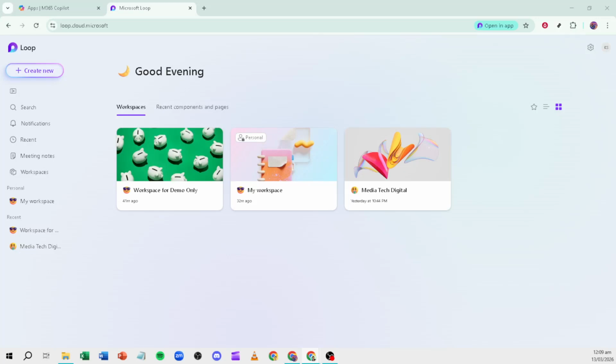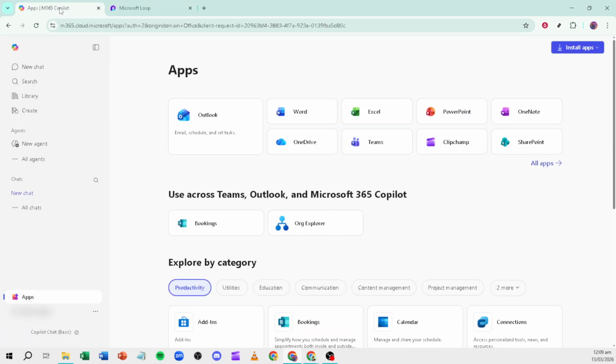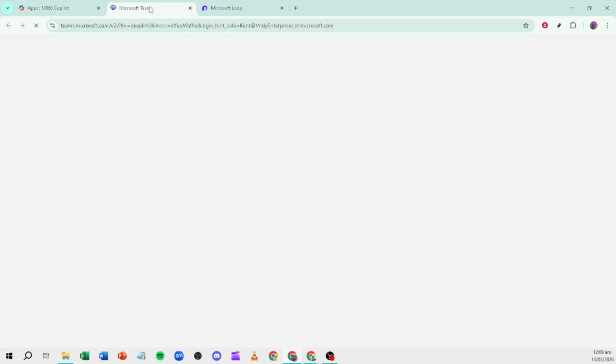In today's video, I'm going to teach you, is Microsoft Loop worth using in Teams yet? If you've heard about Microsoft Loop and wondered whether it's ready for everyday collaboration inside Teams, this walkthrough will show you exactly how to use it and what to expect. We'll create a Loop component directly in a chat or a channel so your team can co-edit live without jumping